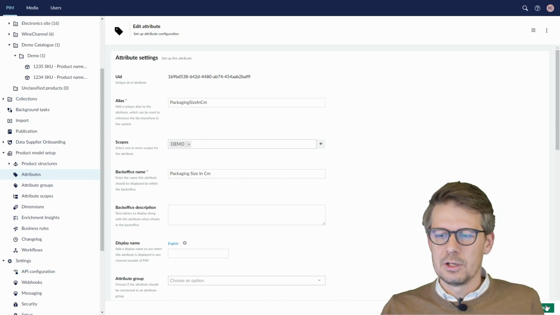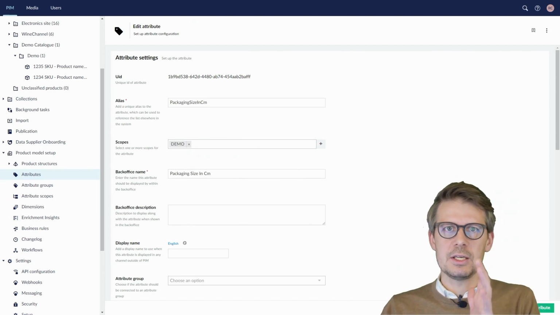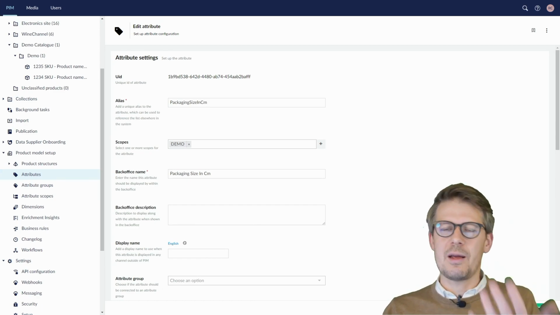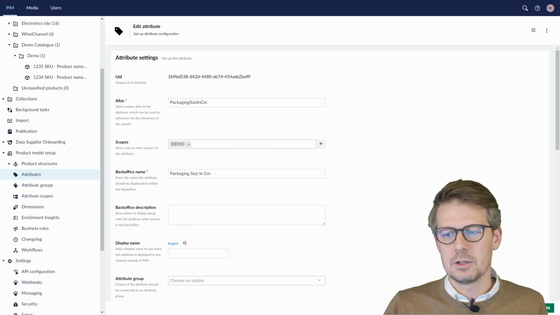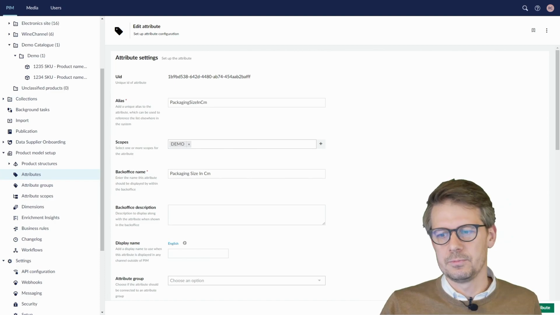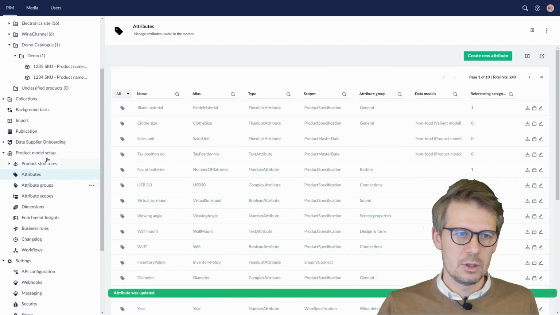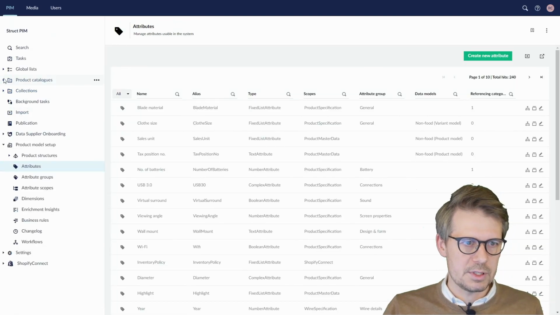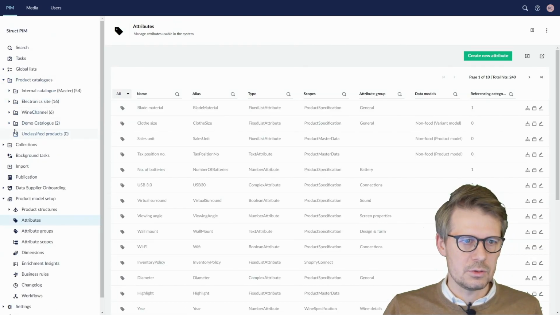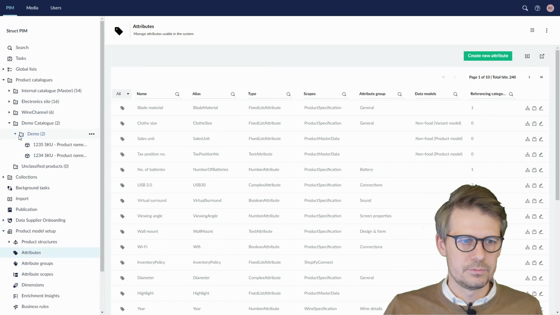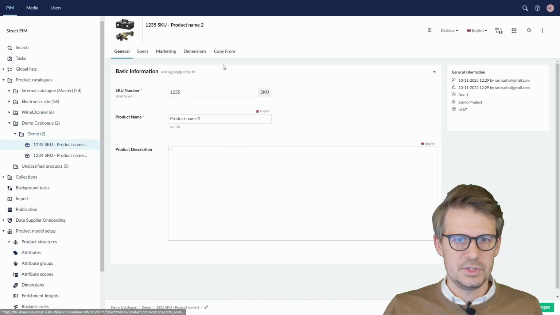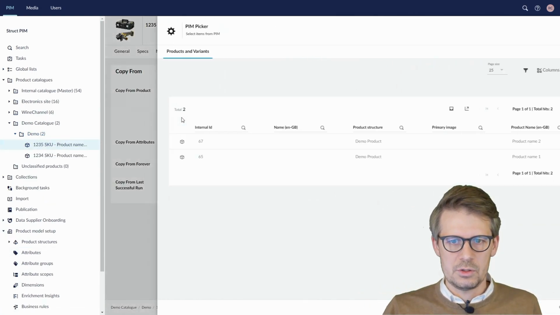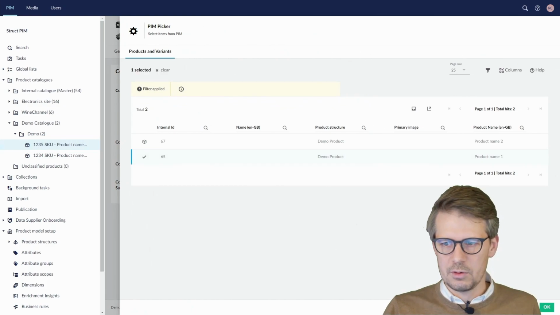So sorry for this confusion, but I think it is a relevant live demo of what is happening when you can't find these things. Go back and look at what you have selected earlier. This should hopefully solve it. I'll do a refresh there, and let's go into these demo models again. This one. So select that product I want to copy from,